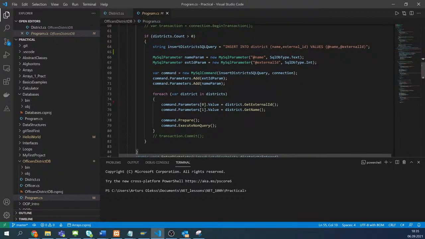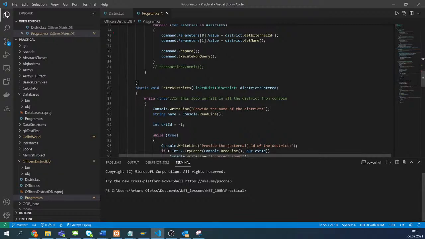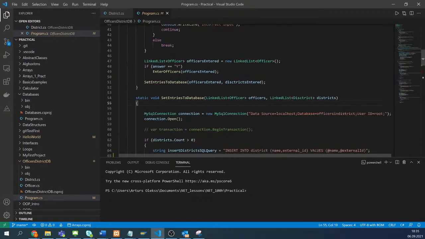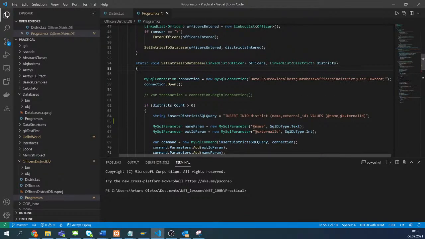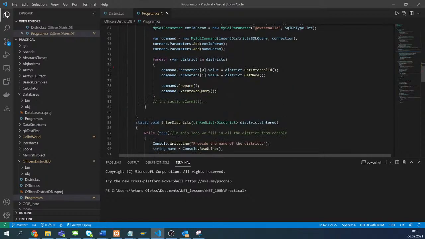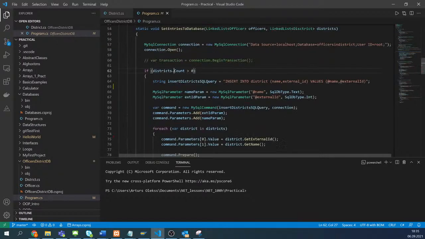So we currently are able to fill in the officers and districts from the console. What we finished last time is the option to insert districts into the database table. So this time we will